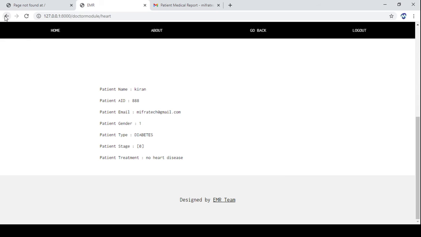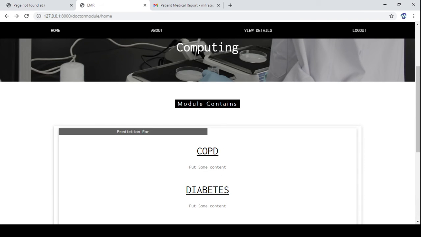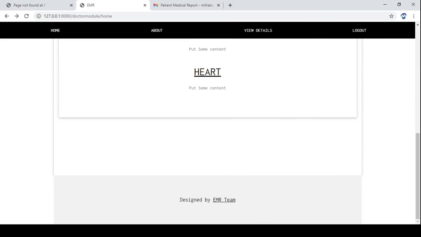In this way we can predict diabetes, heart disease, and COPD. 3 diseases can be predicted using this project. So this is how the working of this project is. So now I will show you